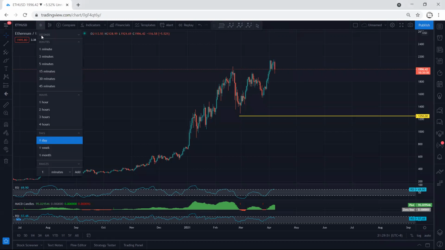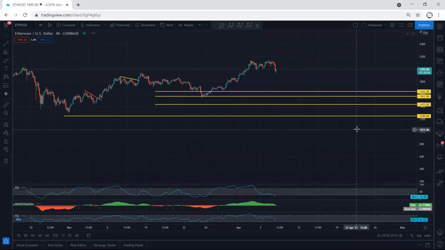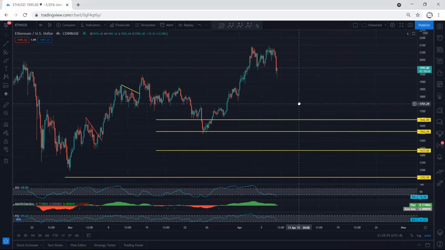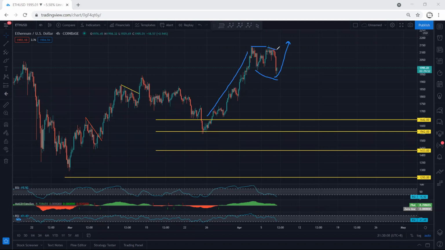By the way, if we move to the 4 hour chart, how can we trade based on the 4 hour chart? We're looking for the reversal, which we have been talking about in my last video, for one more drop. And now we have the flat relative to this. Any reversal from here with the breakout of this top, we start to manage. But we want to see whether we get the reversal or not, whether we get the buy setup or not. Right now, based on the 4 hour chart, we don't have any trade setup.